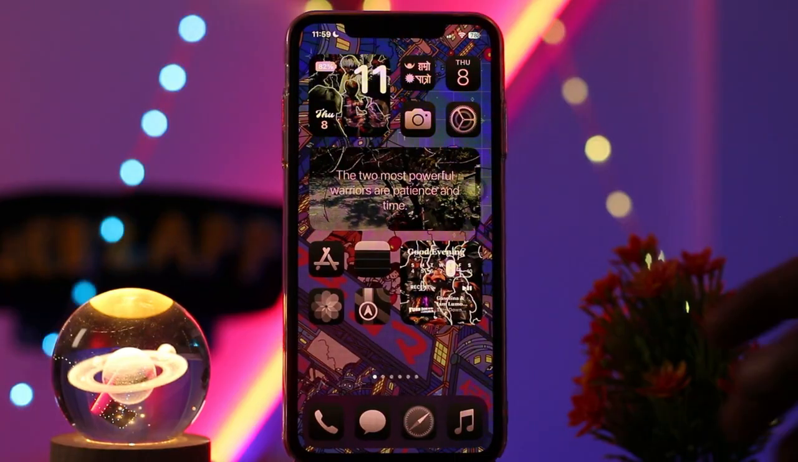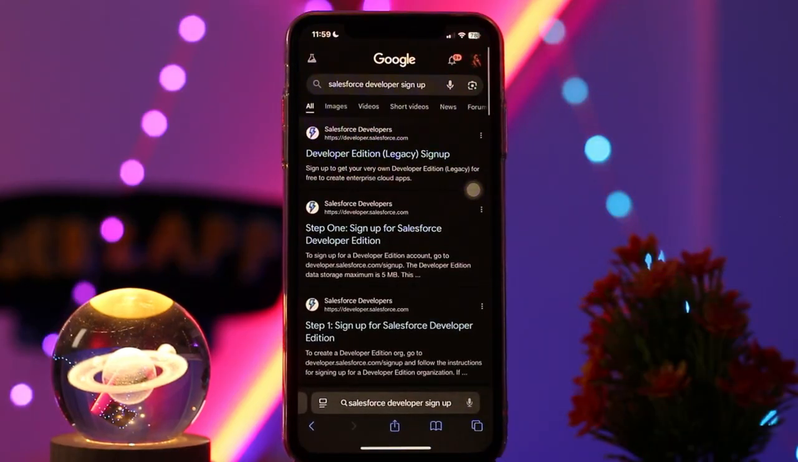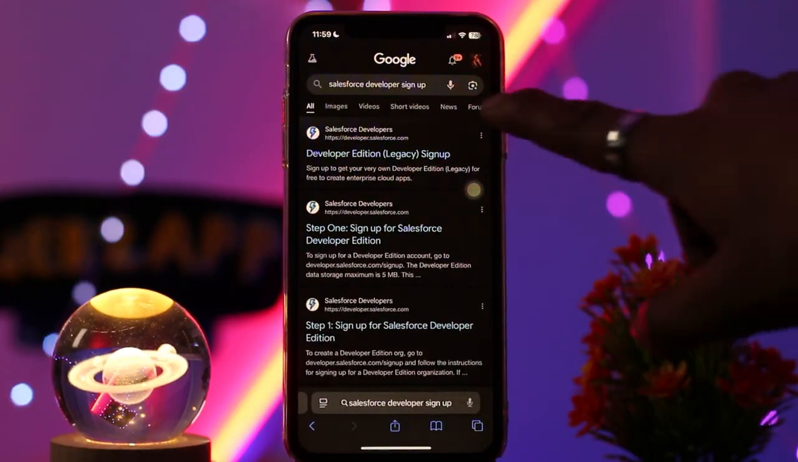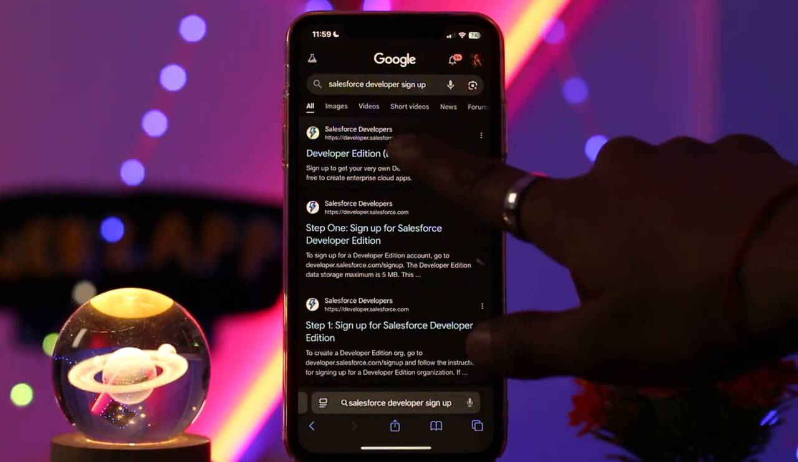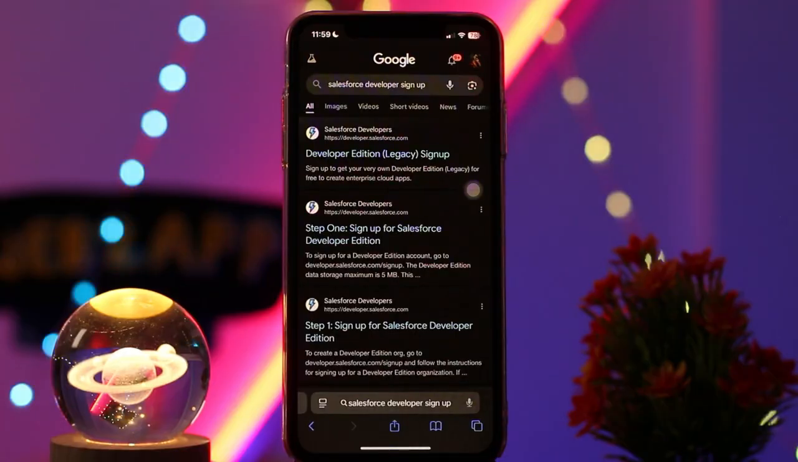So to do it, first what you need to do is head over and open up a browser. Then on the search bar, simply type in Salesforce developer sign up. Then once you are there, what you need to do is tap on the first link that is shown to you. Now once you're inside the Salesforce developer sign up page, what you need to do is fill in your